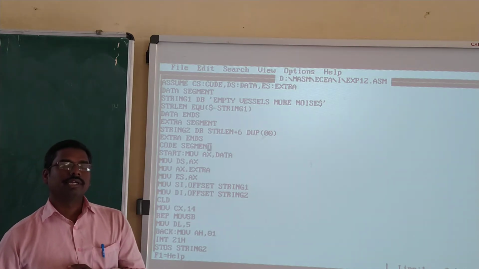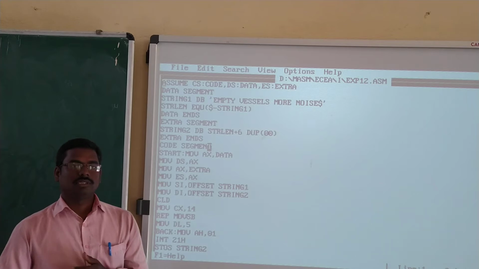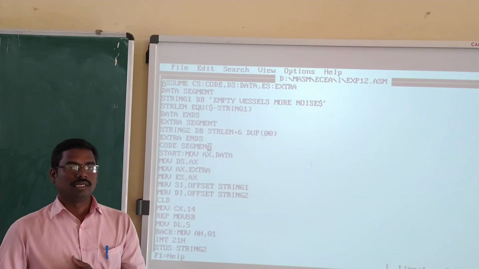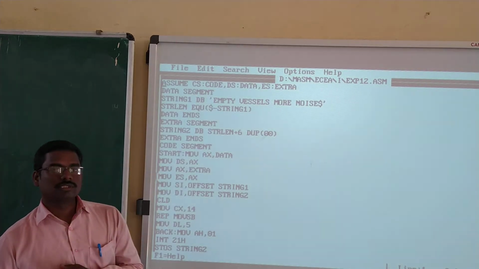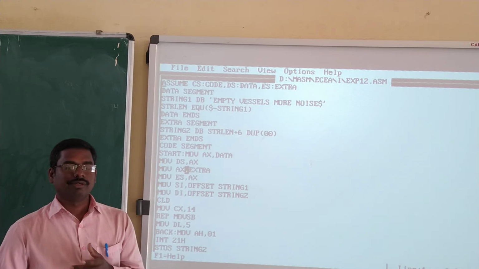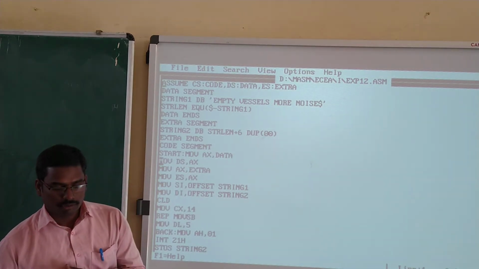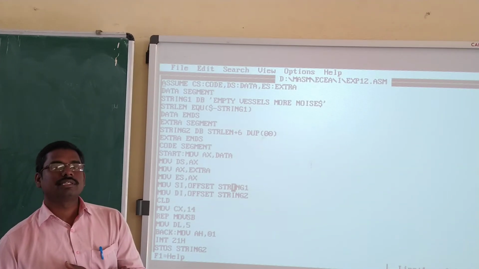Okay, so the 8086 microprocessor is having two index registers. One is source index register and second one is the destination index register. Okay. In the source index register, we need to give the input. Okay. So that's why here mov si comma offset string 1.